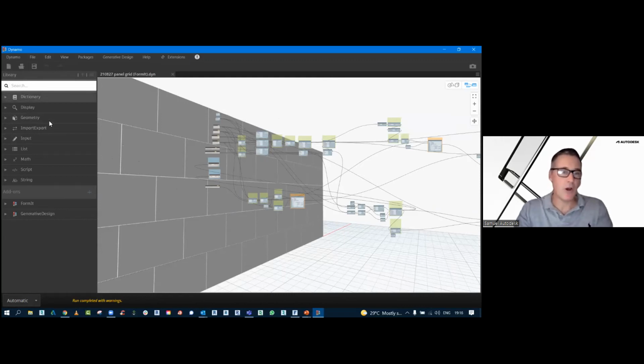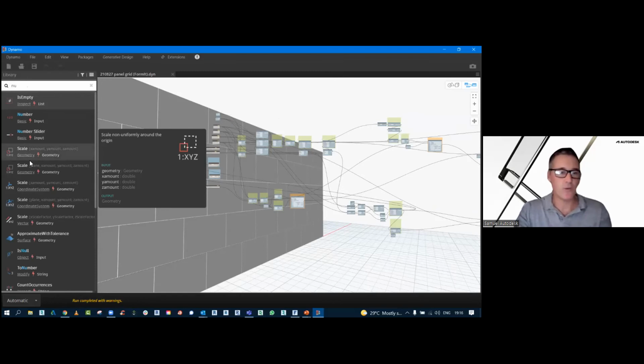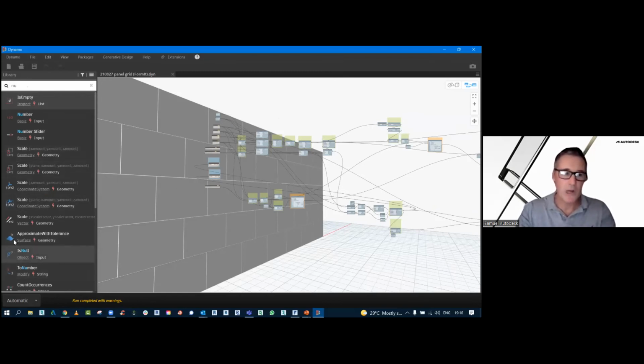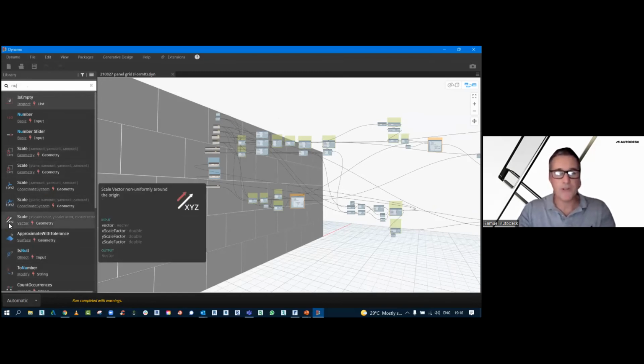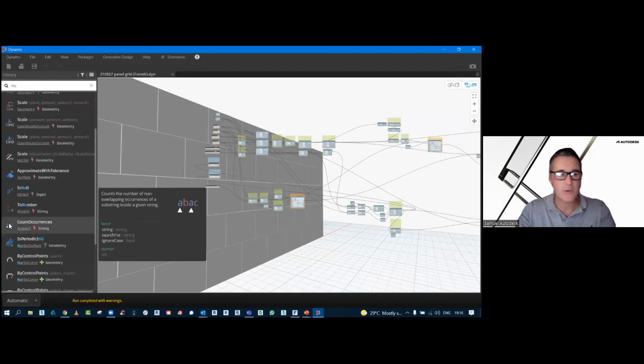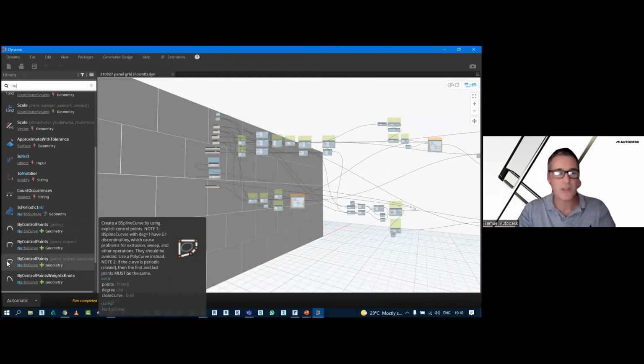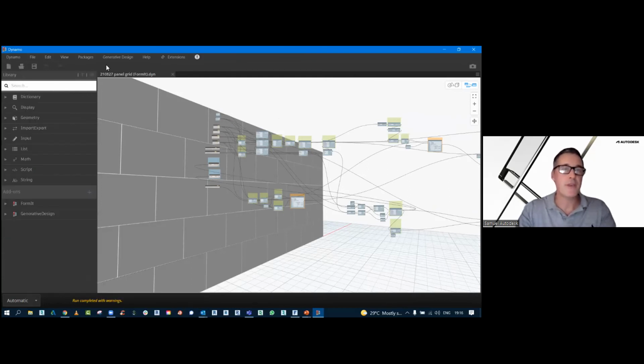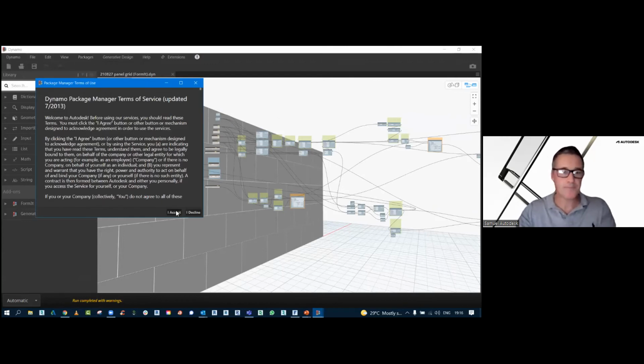There are a lot of different tools in here, and once you want to look at searching for stuff, it will tell you of all the tools that are available. We are trying to develop it more into a visual interface. So when you go and look at some of these tools, it will visually tell you what it's going to do. The other thing you have here is packages, which you can search for.